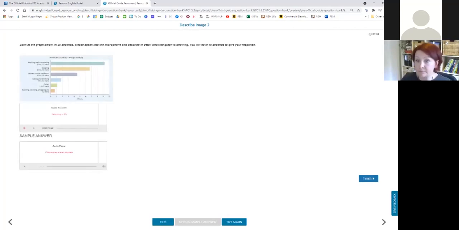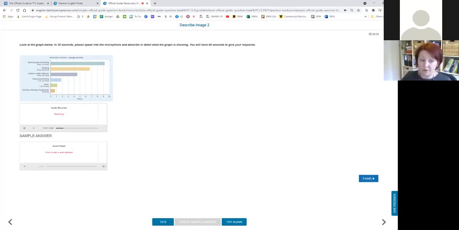And this is designed to run as it would run in the exam. So you have the same rubric and question that you have in the test. You get your image that you need to describe. You have your timer up at the top that runs instantly as soon as the task opens. So in this task, you have 40 seconds to look at the picture. And then you have, I think it's another 40 seconds to answer. So once this 40 seconds is up, you'll automatically start recording. When this is finished, it will unlock the sample answer, which comes below.